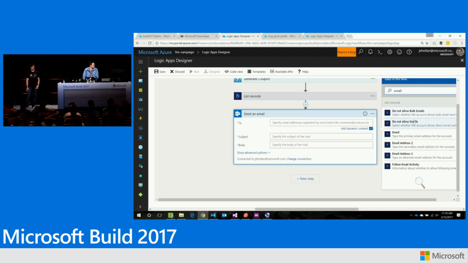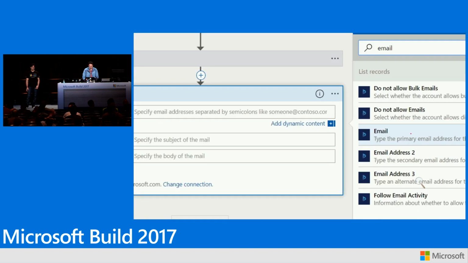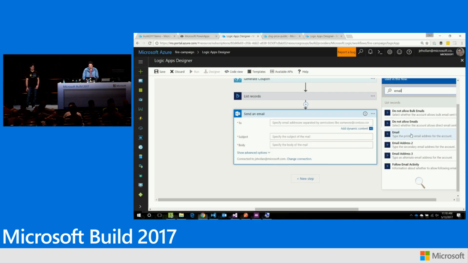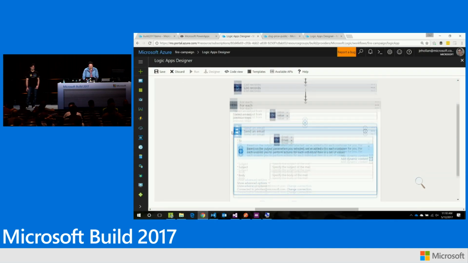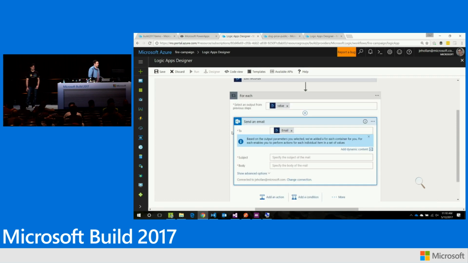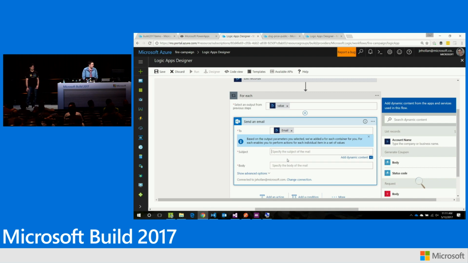And let's send the email to the customer's email address, right? I want to send it to their email from Dynamics. You'll notice, if you are quick, it actually noticed that I'm going to have lots of email addresses because we have lots of customers. And so it automatically added a for each loop for us. So it's going to say for each of these records, send an email. So if we had 10,000 customers, it's going to send 10,000 emails, and so on.